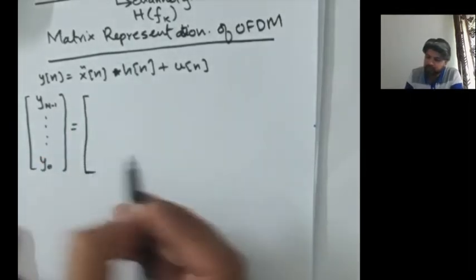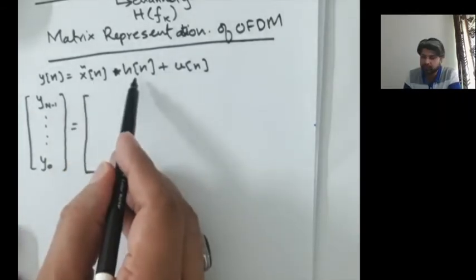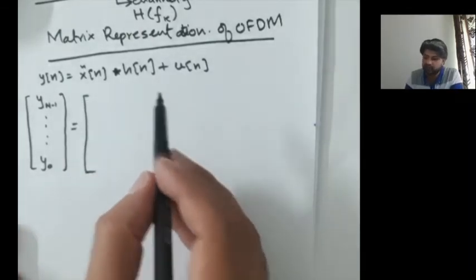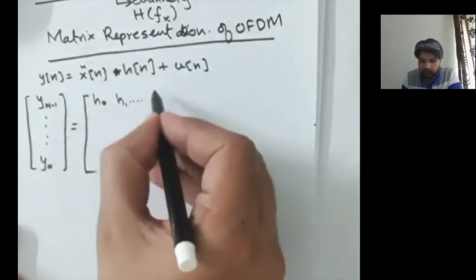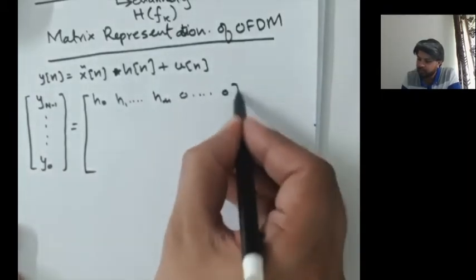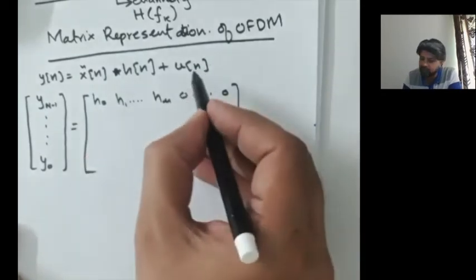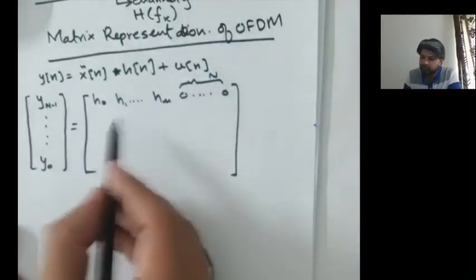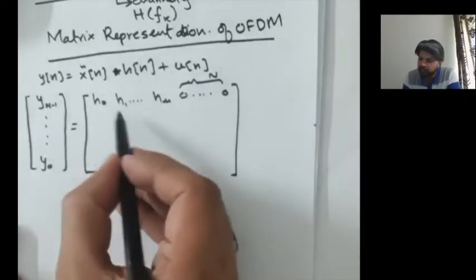This Toeplitz matrix would have a number of columns equal to n, the length of this, plus mu, the length of this. So you would have the channel h0, h1, all the way to h mu, and then zeros. How many zeros? Because the total number of columns must be n plus mu, you would have capital N zeros here. And then the next row would be a right-shifted version of this.